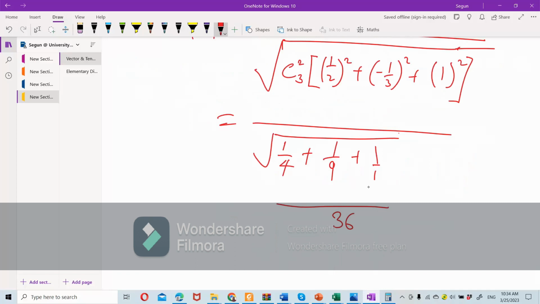How many 4 is in 36? 9. 9 times 1. That's 9. How many 9 is in 36? 4. 4. How many 1 is in 36? That's 36. So when you add everything together, what do you have? That's 49 over 36. Over 36 square root. Don't forget, you still have